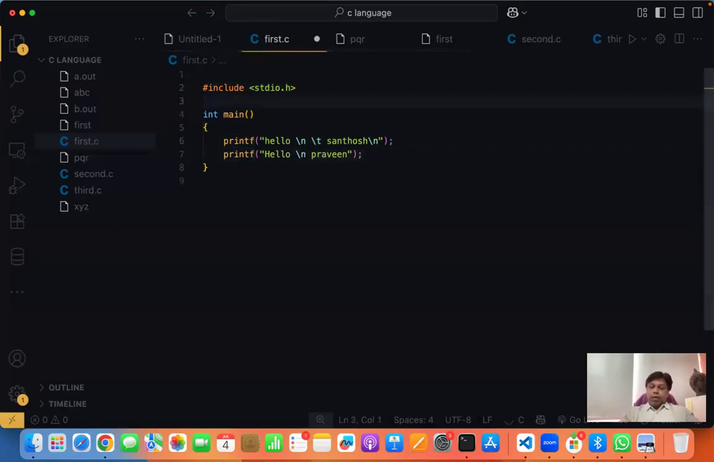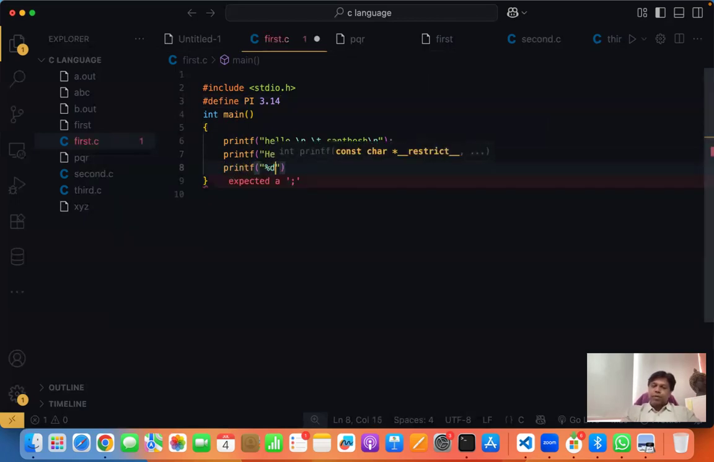Sometimes you may use some preprocessor directive called define pi 3.14. Okay, so this can also be defined if you really want. And if you want, you can print that also. Printf, of course, you need some extra